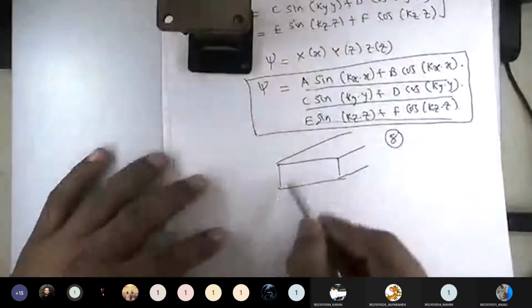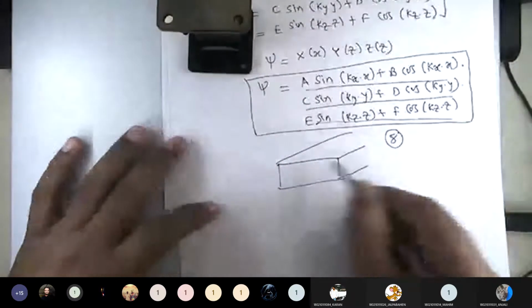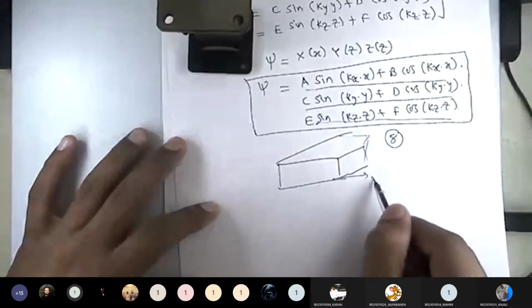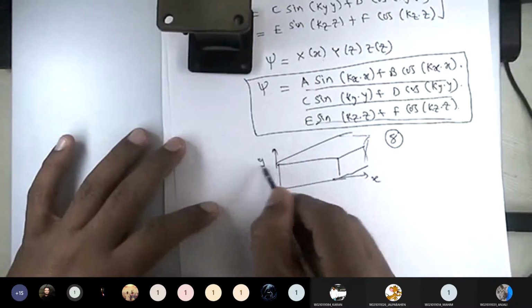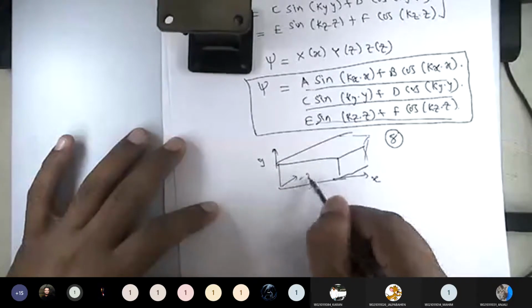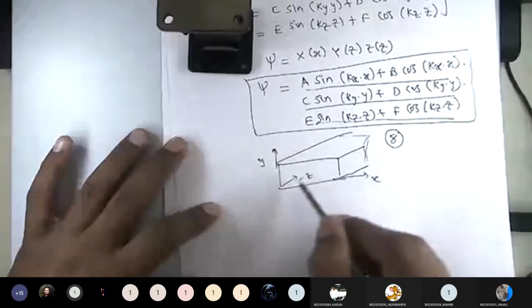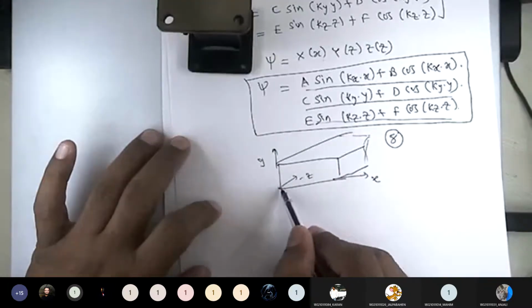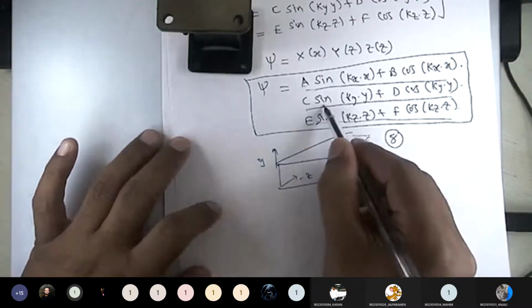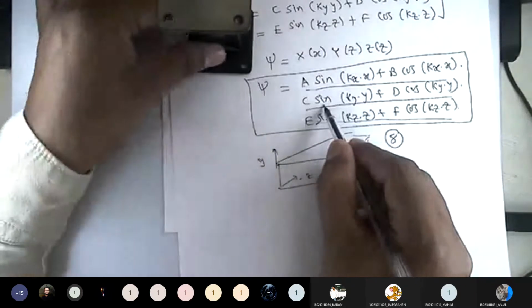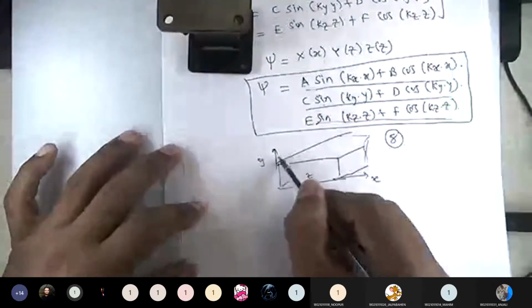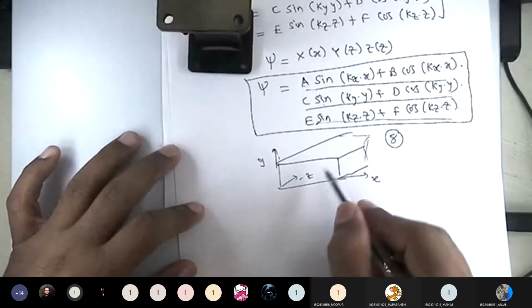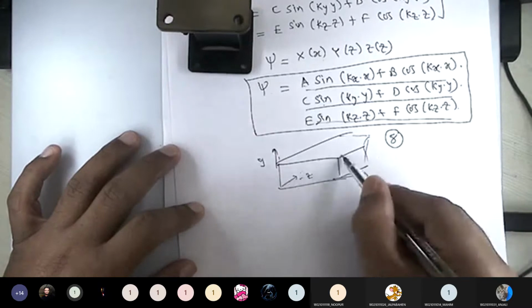if this is your case, for example in 3D, I have one waveguide, then this you consider as the x direction, this you consider as the y direction, and this you consider as the minus z direction. Then the first expression above expresses the field behavior in the x direction. The second expresses the field behavior in the y direction, and the last two terms express the field behavior in the z direction.